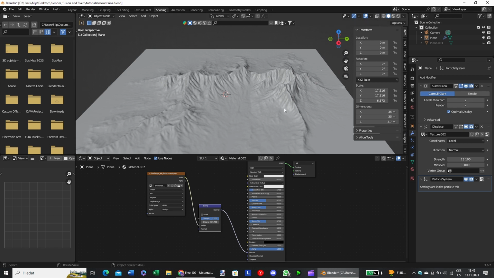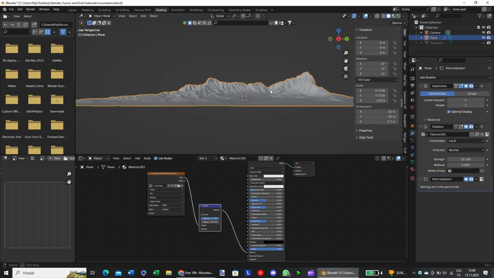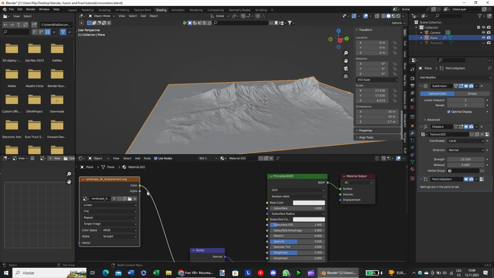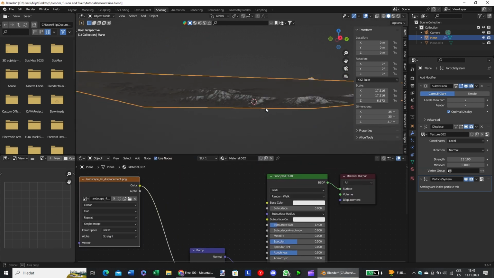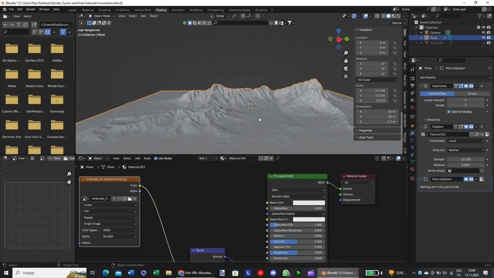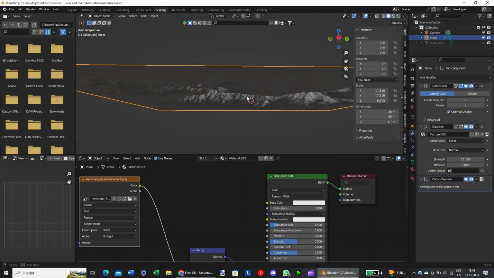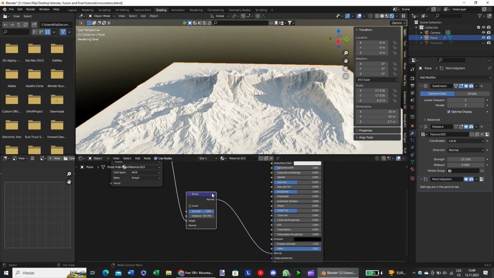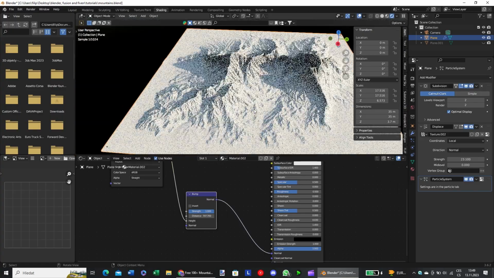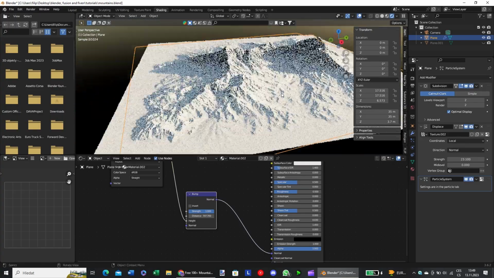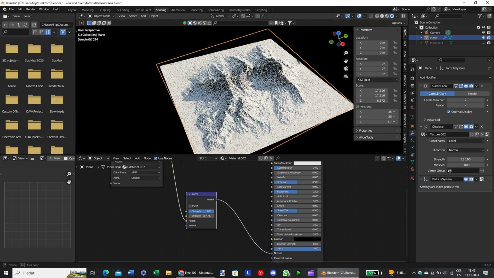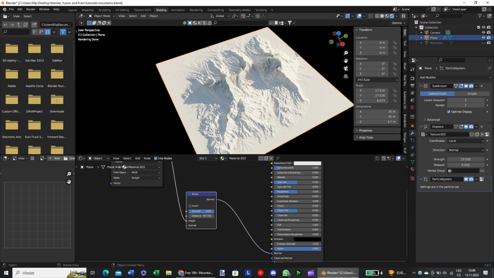But yeah, so this is a pushed up geometry, a real geometry, not through displacement nodes, which is not real geometry pushed up. It's just an imitation of geometry. So with the bump nodes and with the displace node, you can create a lot of fake details that are not going to take a lot of performance from your computer. And you can use that